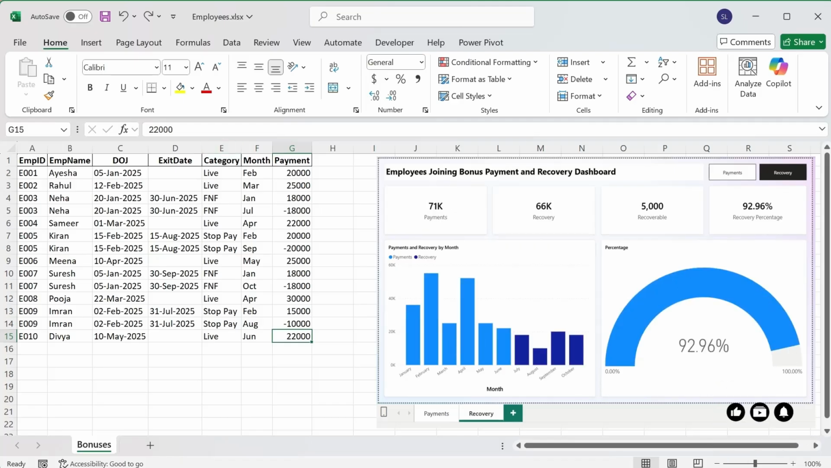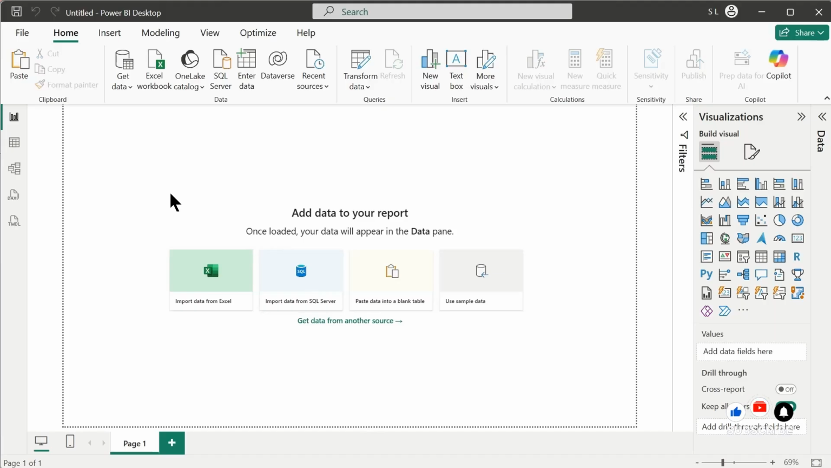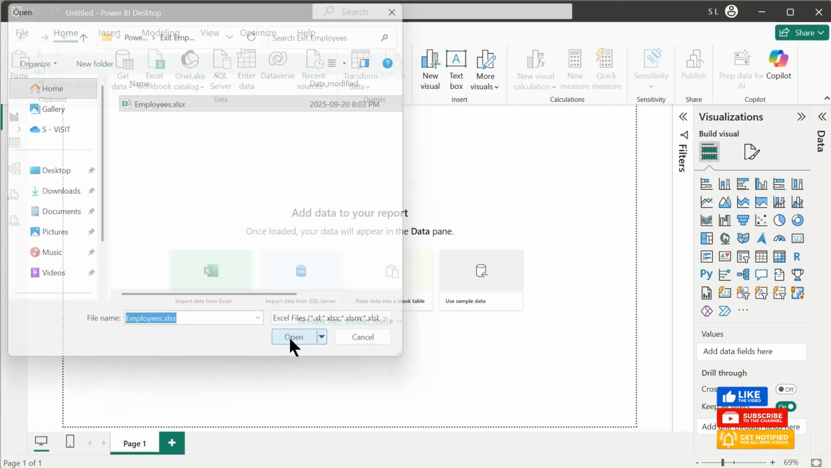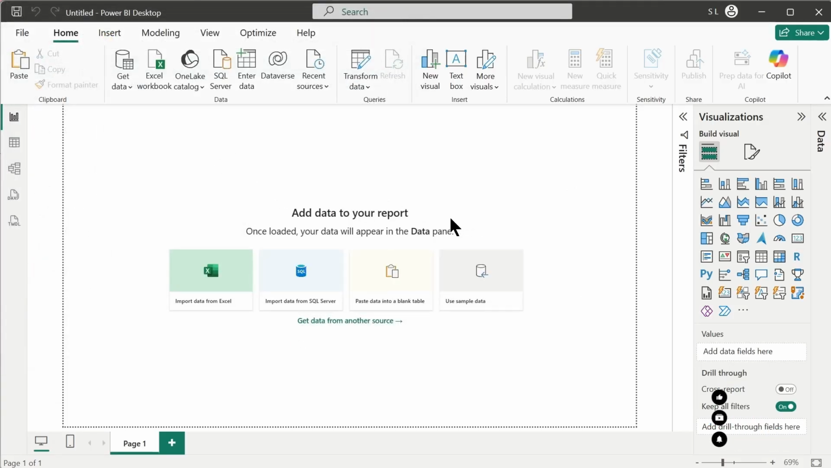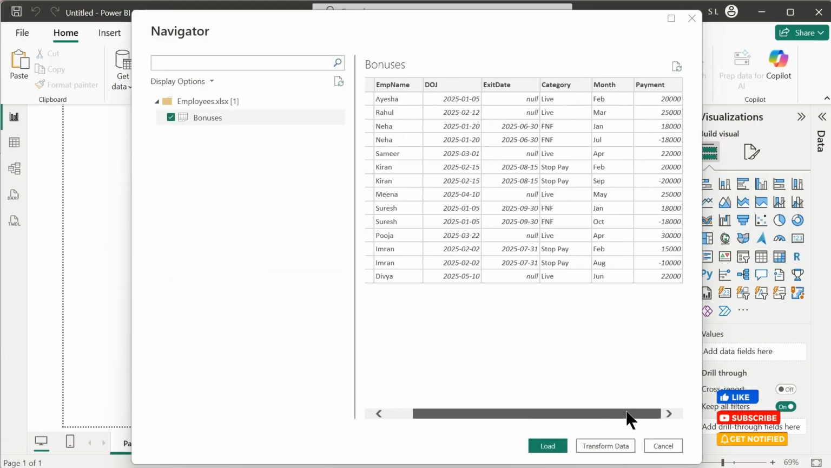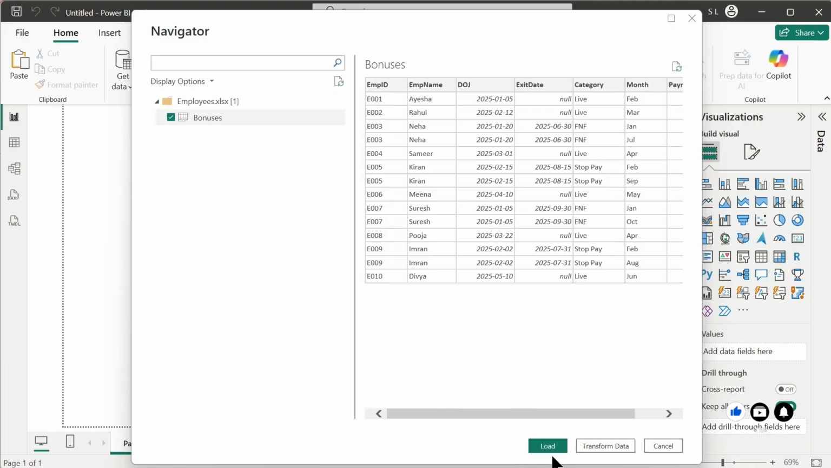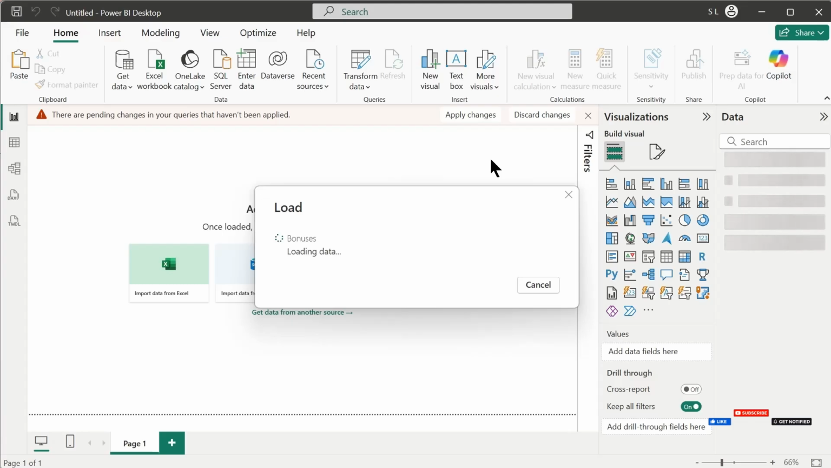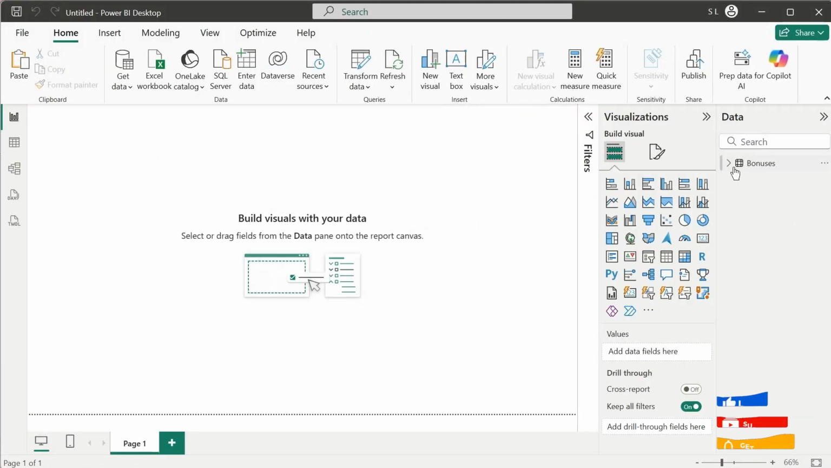So let's go ahead and open Power BI desktop application and we will start with importing the Excel file where our data exists. So this is the list of bonuses during the year. So let's load this, and now we have our data loaded in the data pane